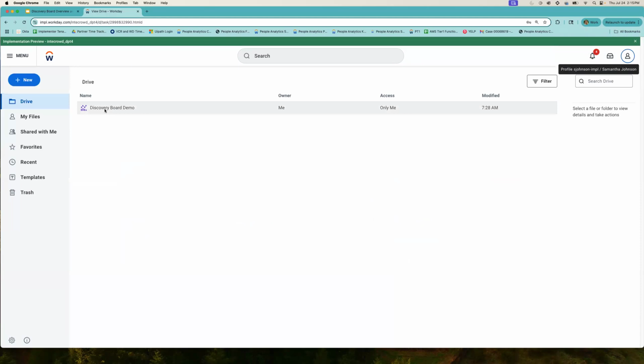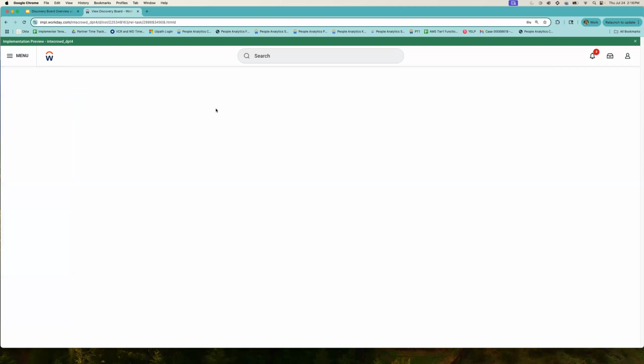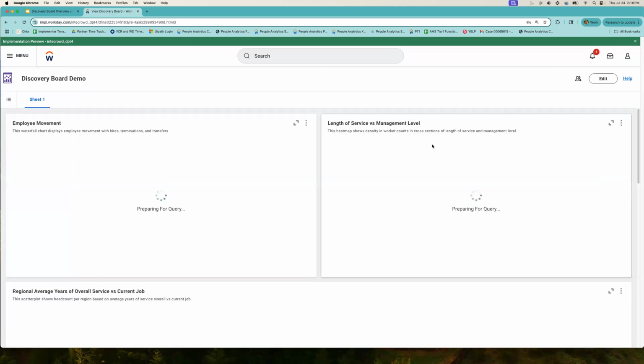This is the one you can see that I've built. You'll be able to see who has created it and owns it, and also who has access to it. Right now, this is just me, but if I had other groups or individuals shared with that, that would come up here. And if you wanted to create a discovery board from scratch, you would be able to do that by clicking new and then discovery board. So if you guys do have Drive enabled and you've ever seen what these look like before, this is where you can find that. So if I go ahead and open the discovery board that I've built,